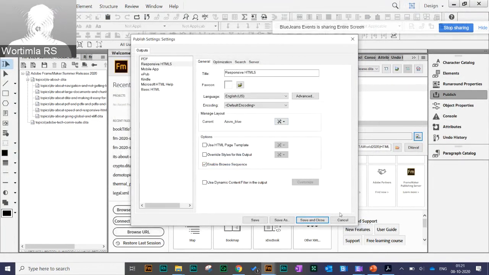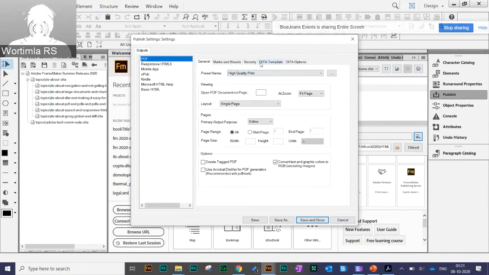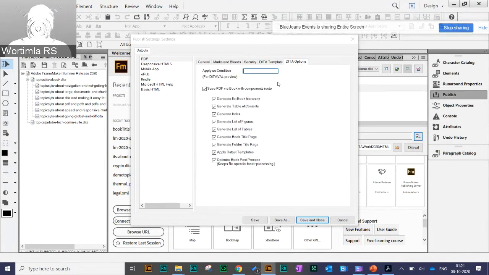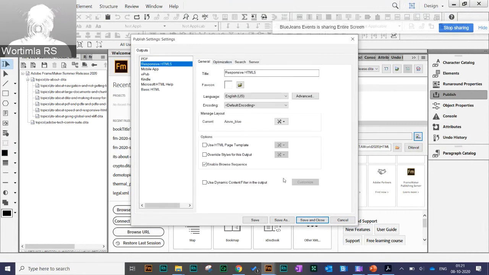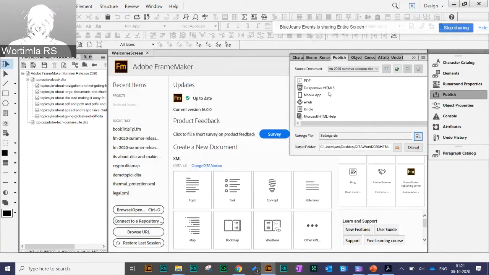But really, using all of the little functionalities that we have here in terms of PDF settings, maybe be it data templates or data options in terms of what gets generated as part of your output, or maybe even something as simple as liquid mode PDF that we have in FrameMaker, or even for responsive HTML5, considering the fact that all of the settings are going to come with your STS files, you can really knock yourself out and go fix whatever you need to fix right there, and then just generate your output. That's all there is to it in terms of generating your output. So let's very quickly do this generation and see,